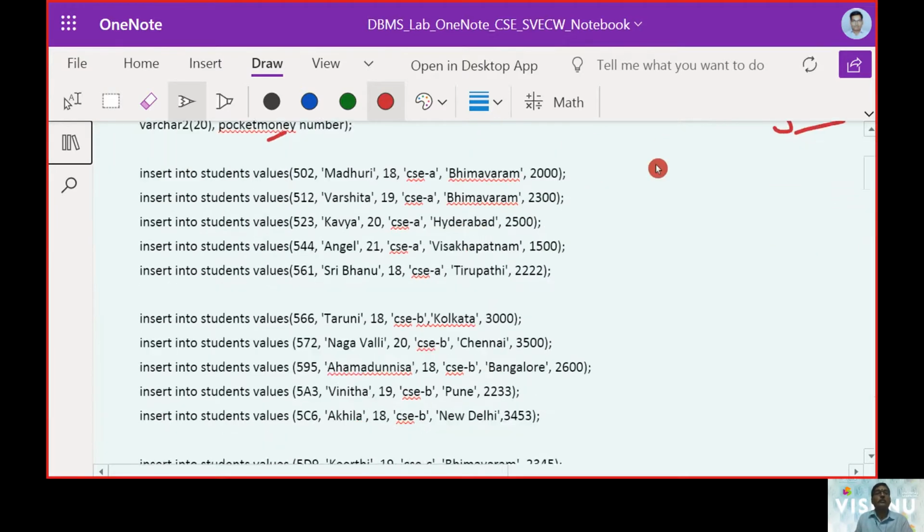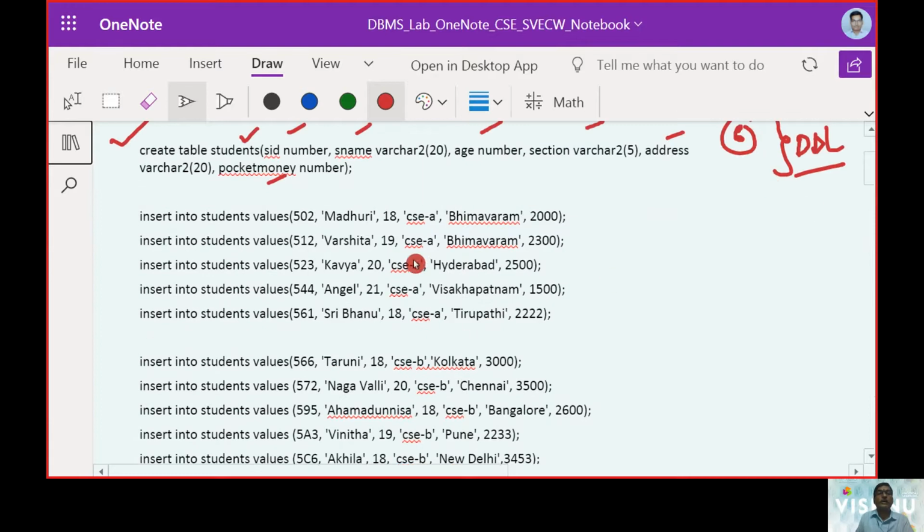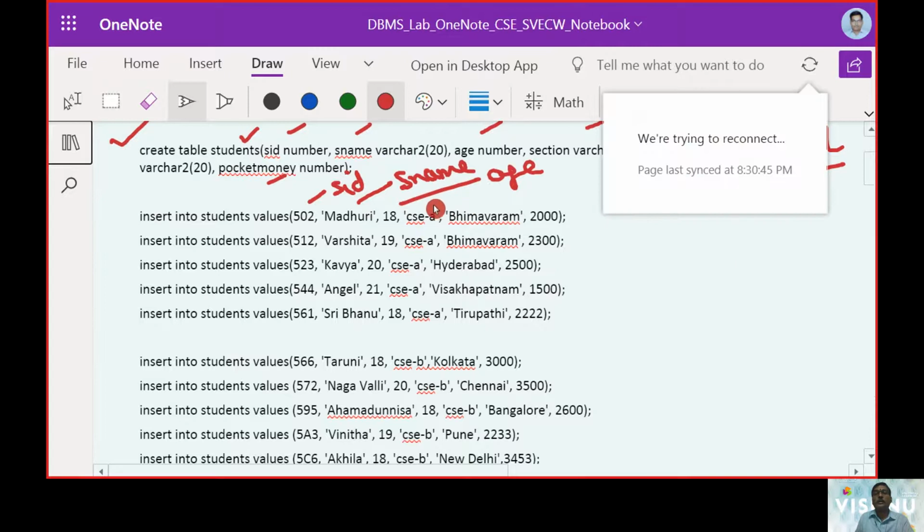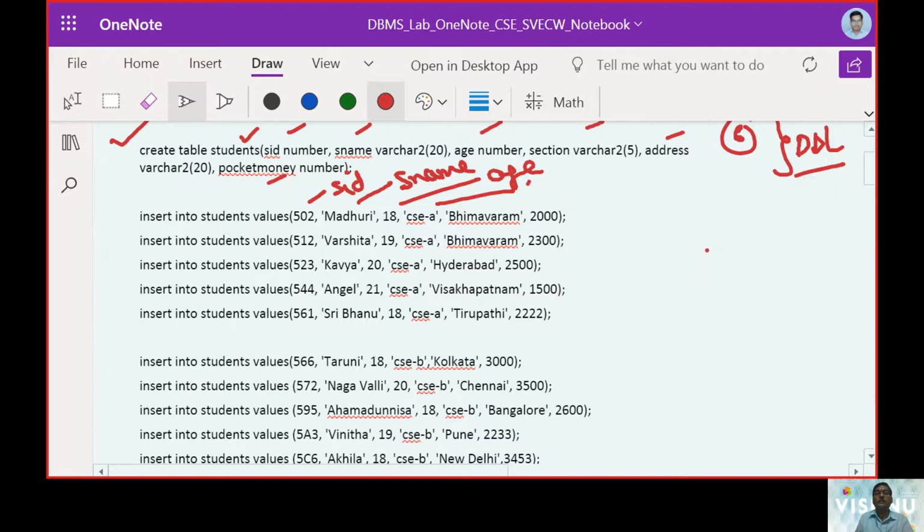Now let us put the values in this form. 502 is pointing to SID, then the name, 18 is pointing to the age, then the section part, the address part, and the last one will be the pocket money.